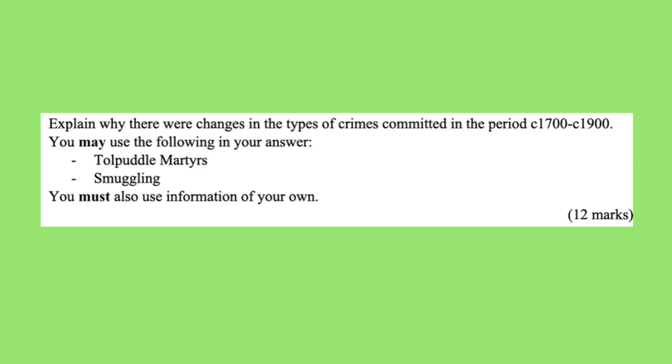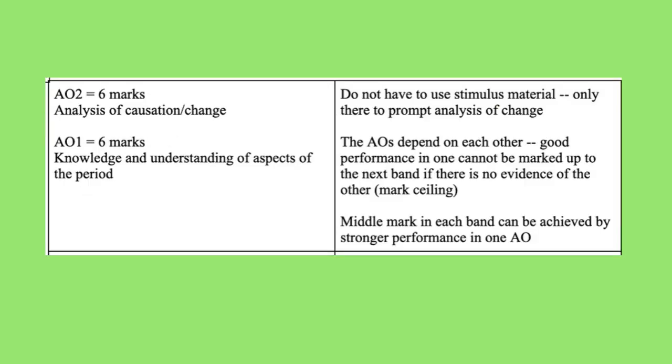Explain why there were changes in the types of crimes committed in the period circa 1700 to circa 1900. You may use the following in your answer: Tolpuddle martyrs, smuggling. You must also use information of your own. 12 marks. Here's the mark scheme for this question, which you can find out about in more detail in our